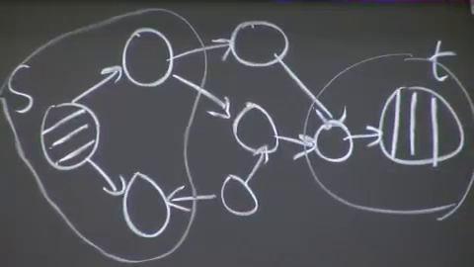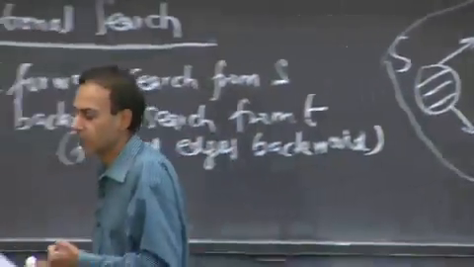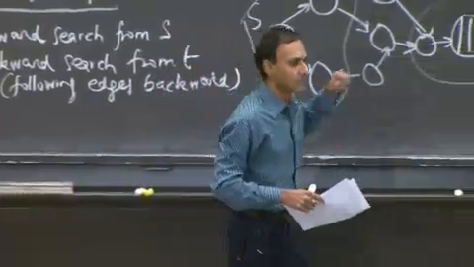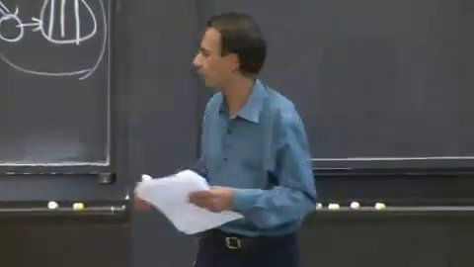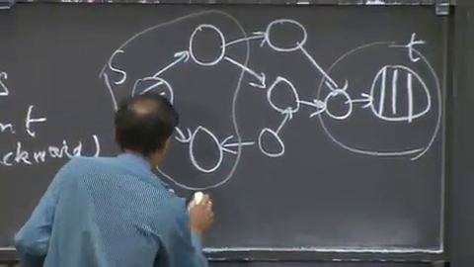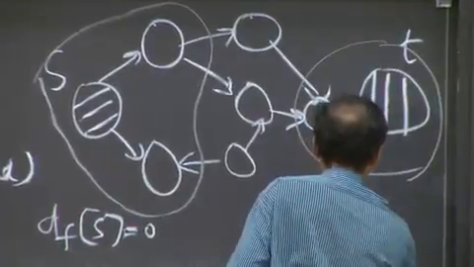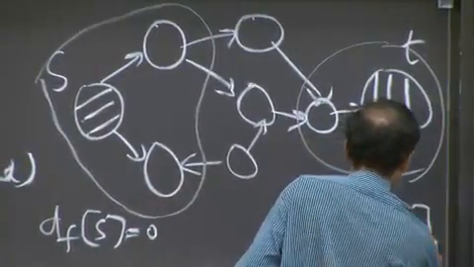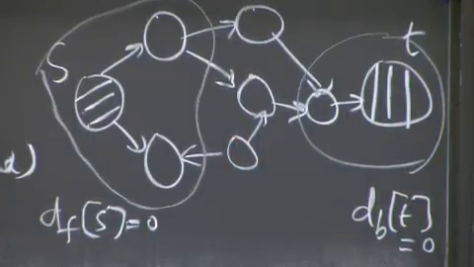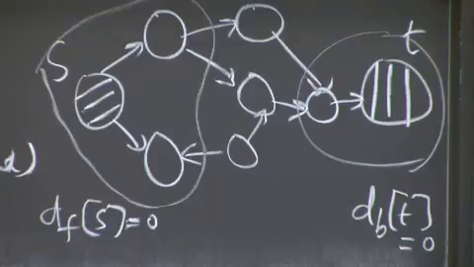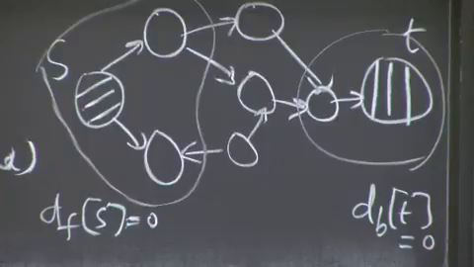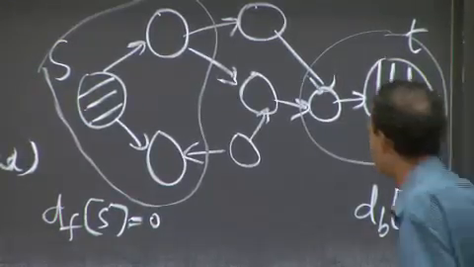What would happen here simply is that your first frontier of backward search, T now in the backward search, is the minimum priority. So we're going to have two priorities. For S in the forward search, that's a straightforward one: D of S equals 0, and we should think of it as D_F of S equals 0. And we have D_B of T equals 0. These subscripts correspond to these two different priorities. It's exactly complementary: only the source S in the forward search has 0 priority at the beginning. Everything else has infinite priority.